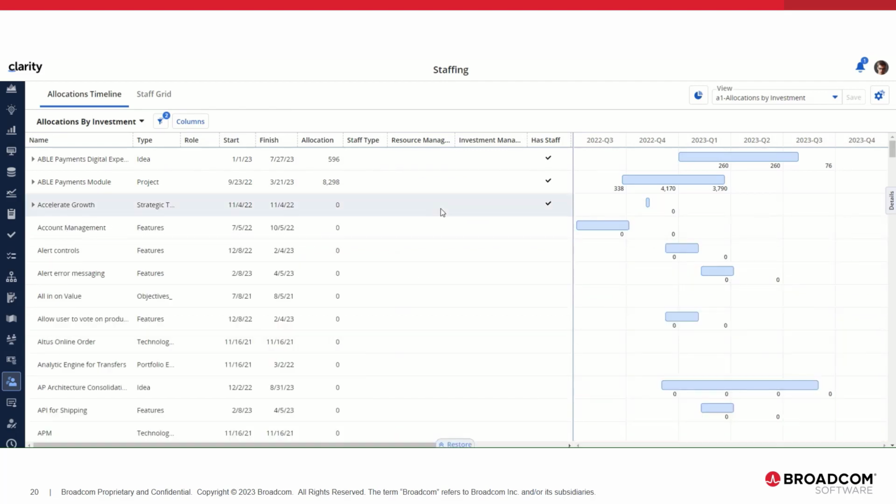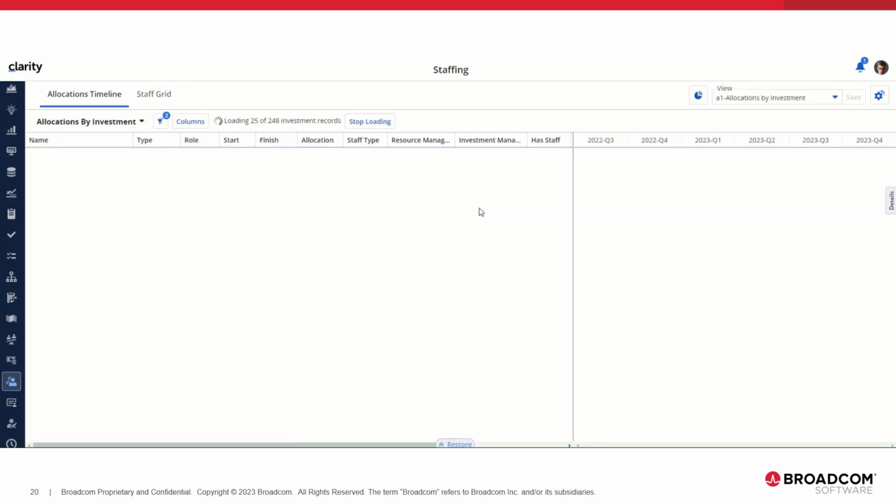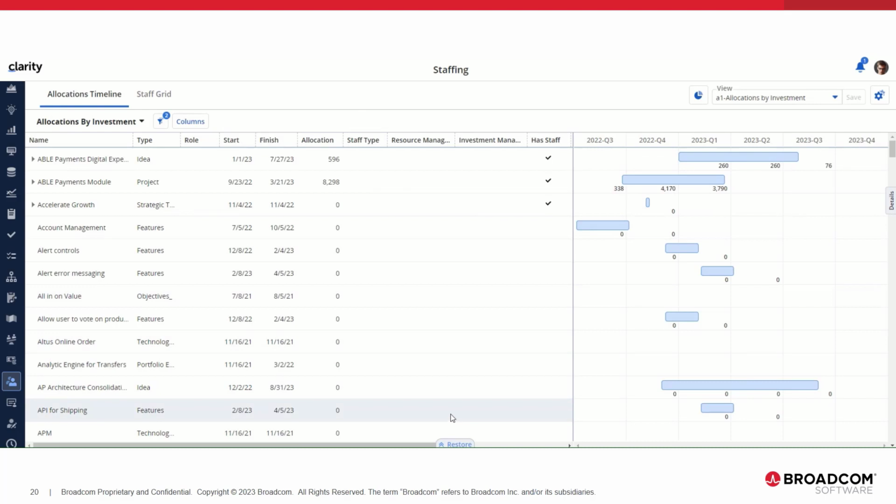So if I maximize it to show the top panel and I go to the staff grid and return, it remembered that. Or if I log out, log back in, or navigate to any other page, it will remember that for my user. Let's take a look now at the